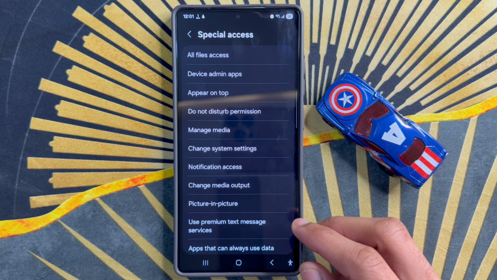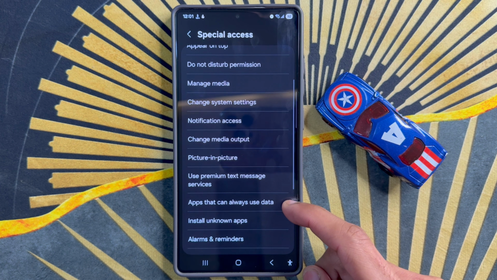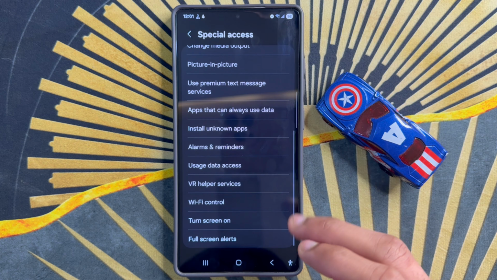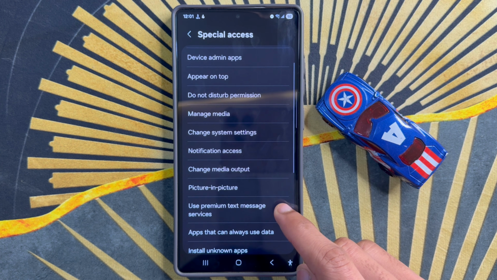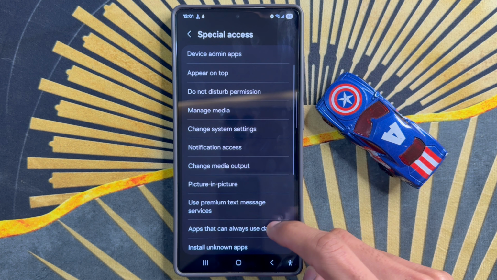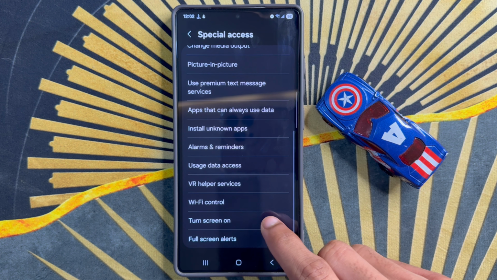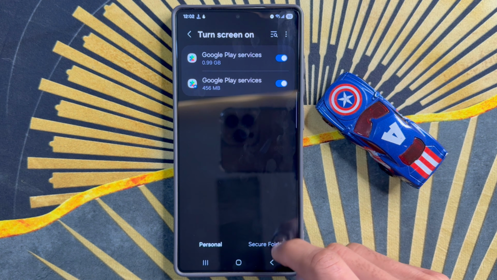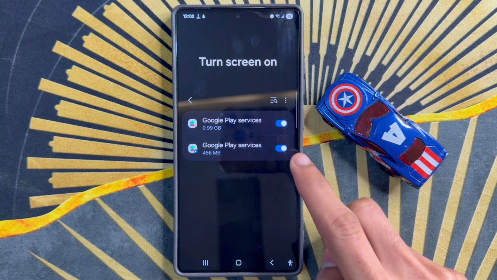After clicking on Special Access, scroll down and click on Screen Turn On. You will see Screen Turn On is here. Click on Screen Turn On, and if you want to deny screen turn on,